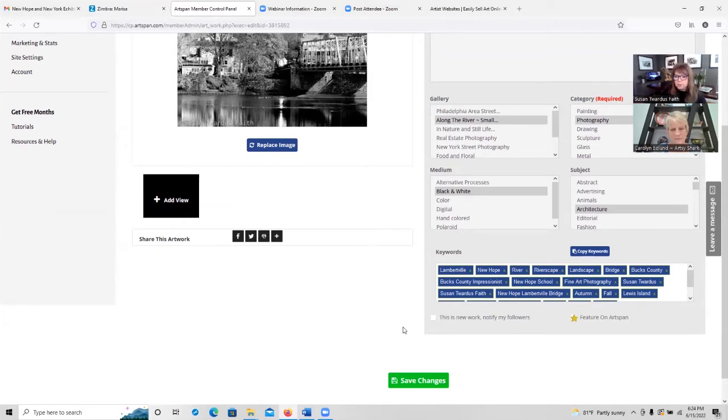Now, your followers aren't necessarily in your email list. These are people that have signed up to follow your work. They've either liked it or they've checked a box, because what they want to do is they want to see more of your work specifically, and they will get notifications, not from you, but from ArtSpan, that there's new work from you.